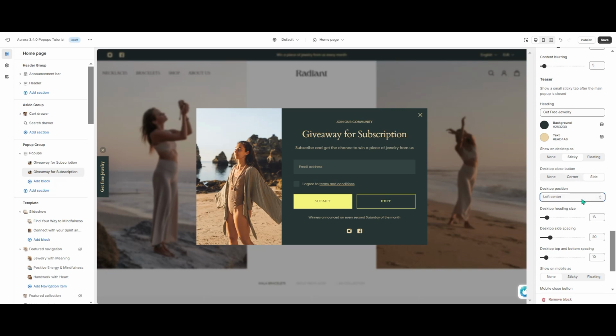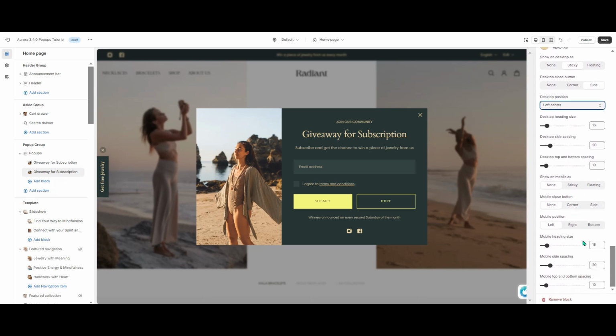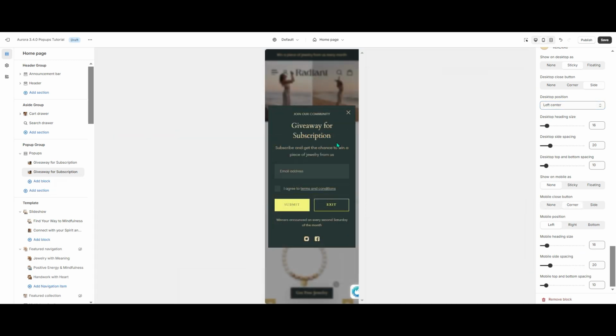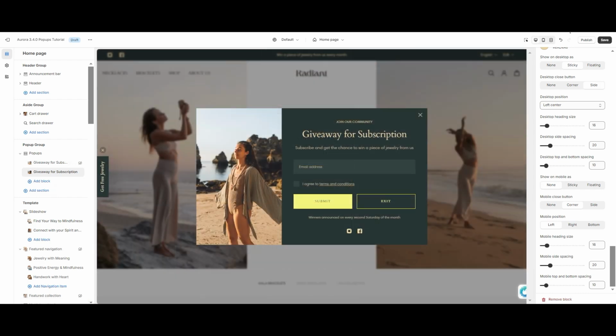Here you can also adjust the size and patterns of your teaser, but we'll leave them as they are. Down below, you can do the same fine adjustment of your teaser for mobile screens. Let's set it up and see how it looks. And that's it. Our pop-up is